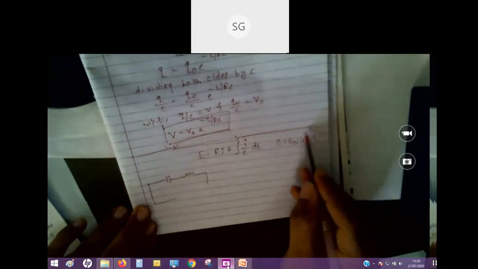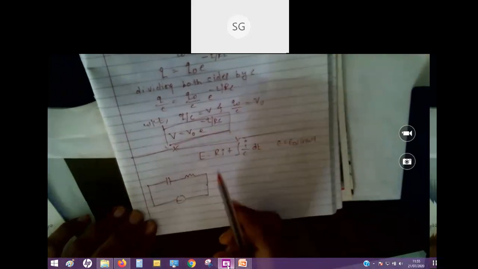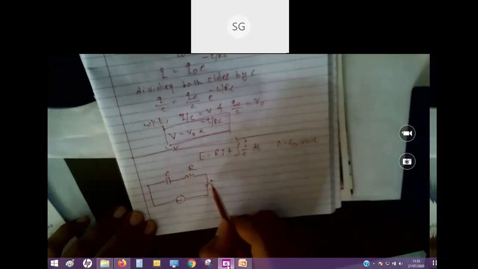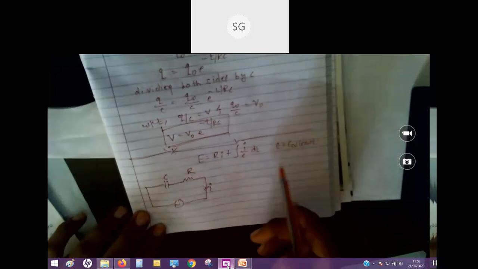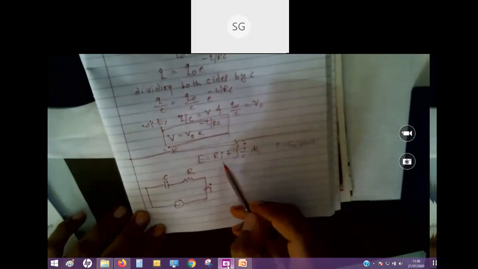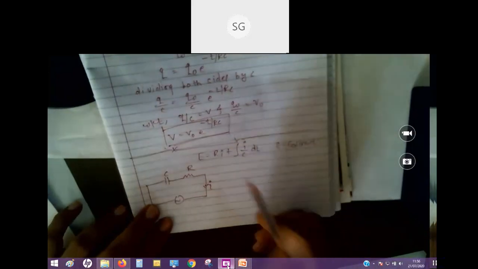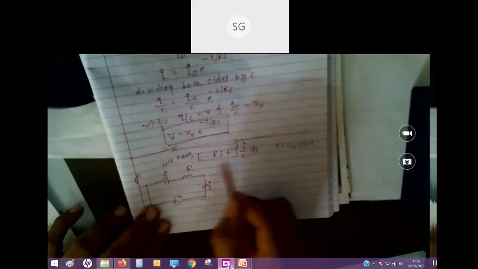First we will try to have the circuit as an RC series combination. Since E naught sine omega t is there, a time varying source is there, that's why we will put the sign like this. C is there, R is there, and current, let's say i, is flowing in this direction in your circuit. E is equal to Ri plus integration of i by C dt, they have given. Obviously this will be the first step, where the solution can start with this given equation.